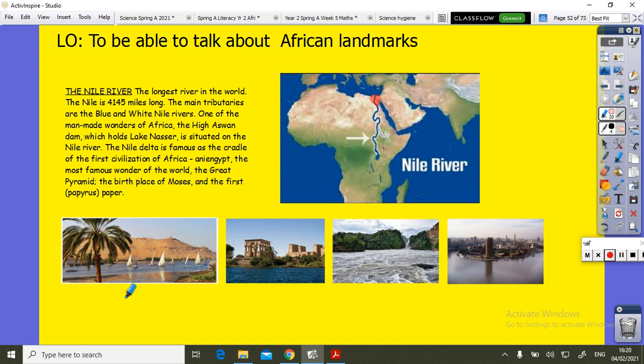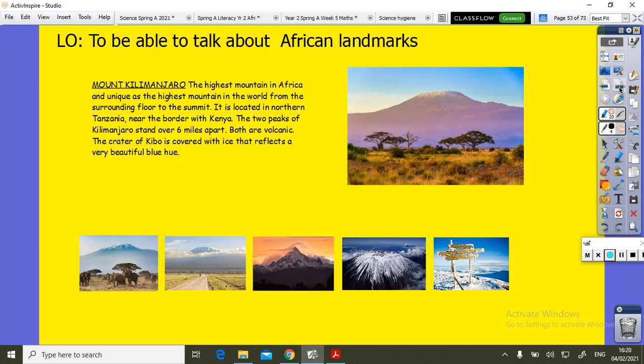As you can see from some of the pictures, the Nile looks really calm and really nice, but it actually has many rapids and many rough areas as well. So it's really, really interesting, and as you grow older and go into different year groups, you learn more about the River Nile. The second one I want to tell you all about is Mount Kilimanjaro, which is the highest